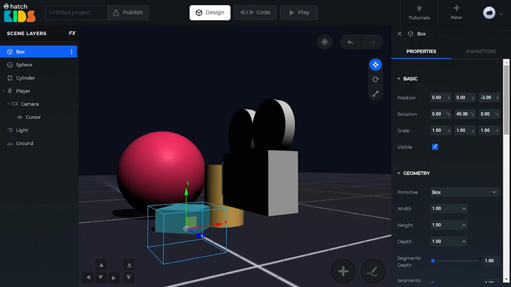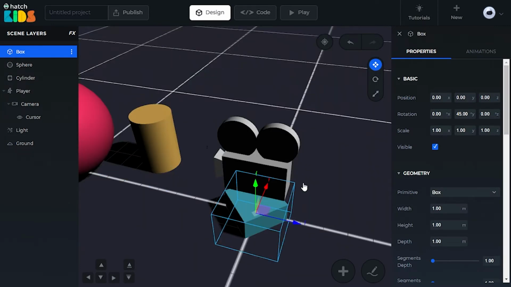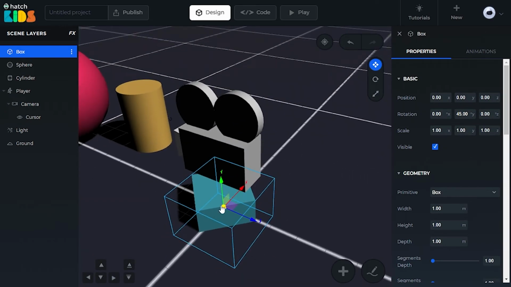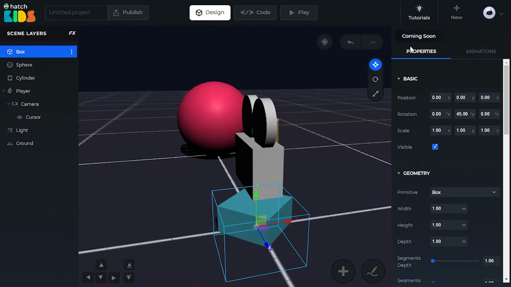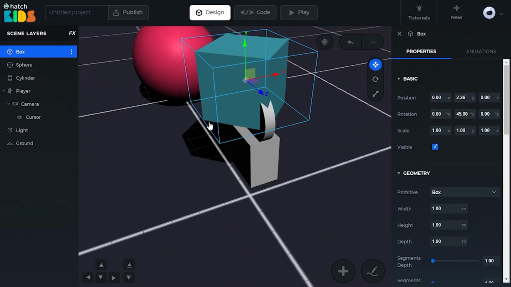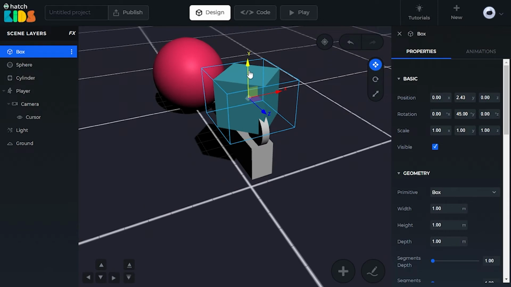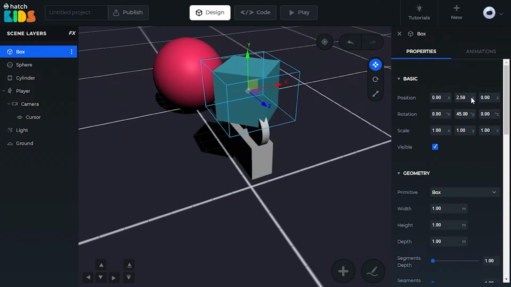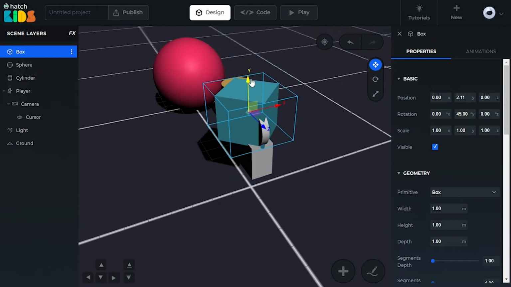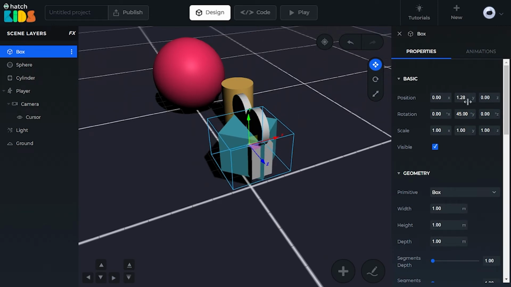And in the z direction, my box is at -3. So if you click here and type 0 as well, so now my box has moved to x, y, and z 0, 0, and 0. And if I, let's say, want to move the box up, I can just increase its y value. And you see, as I'm clicking on this y axis and moving the box up, you will notice that the position number here keeps on increasing. If I want to make the box move down, I am moving it down,